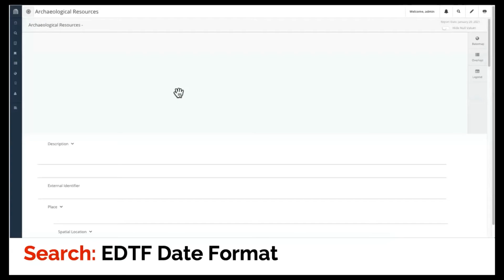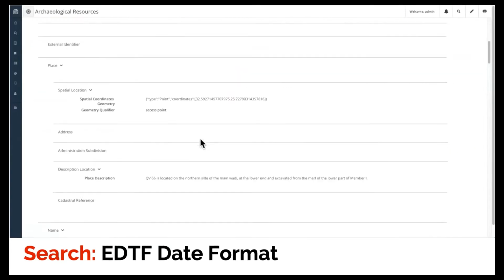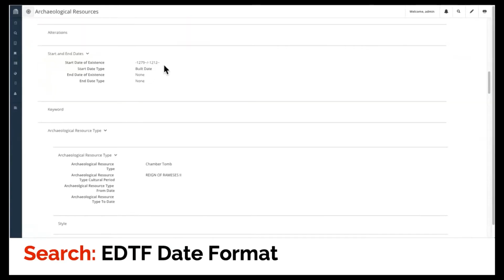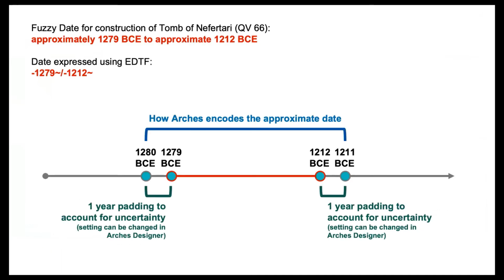And looking at this record, I'm going to scroll down here. I see that the EDTF date that was entered is approximately 1279 BCE to approximately 1212 BCE. Now that's a little bit hard to read, so I have it in a slide. So the date was approximately 1279 BCE to approximately 1212 BCE, and it was expressed using that notation, the EDTF